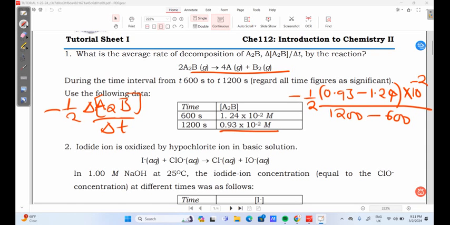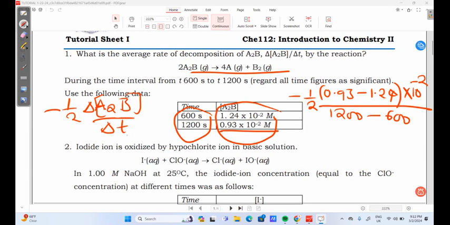Yes, I have a question, sir. Yes, go on. Are we just picking one line of numbers, or picking both for finding the average rate of decomposition of A, B? I don't know what you mean by one line. I think we've used every data. The time has been used, and even this part has been used, as you can see. The time is on the bottom. Yeah, like are we using both numbers, like 600 and